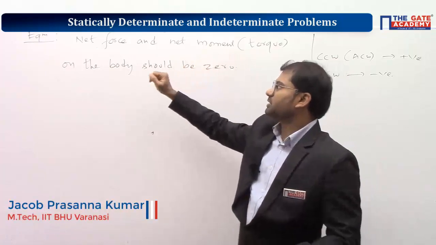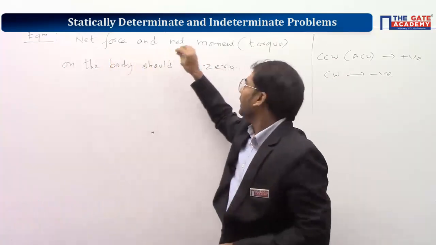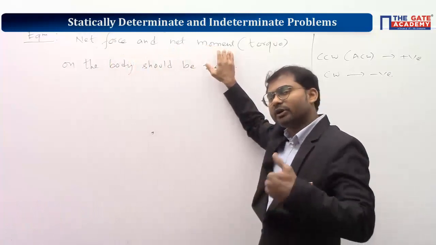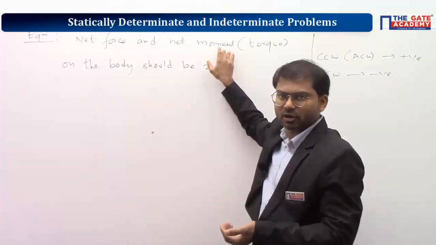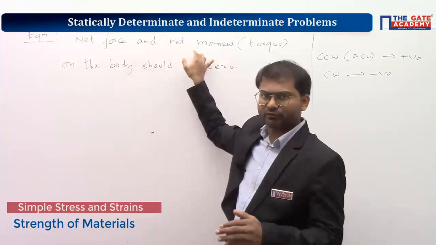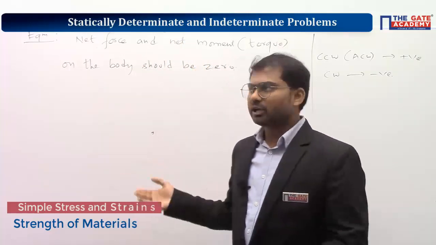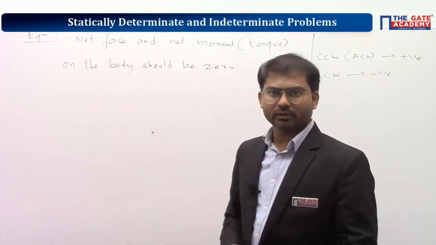So from this you can simply say, as net force is 0, that means net acceleration of the body will be equal to 0, and net moment is 0, so net rotatory acceleration or angular acceleration will also be equal to 0. Anyways, using forces and moments will be sufficient to deal with any numerical in this bit of SOM. So let's go a little bit deeper into this concept of equilibrium.